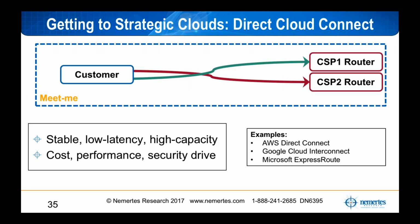If one of the main virtues and attractions of SD-WAN is the ability to fold internet connectivity in place of more expensive options like MPLS links, it's not always the right solution to put the internet in between you and a key cloud platform that you're taking advantage of. Especially when you're talking about integrating a public cloud application with something that's running in your own data center, perhaps in your private cloud. The goal in back-end integrations is often to achieve high capacity, low latency, and stable connections between the components of an application or between separate applications that are integrating. In order to do that,